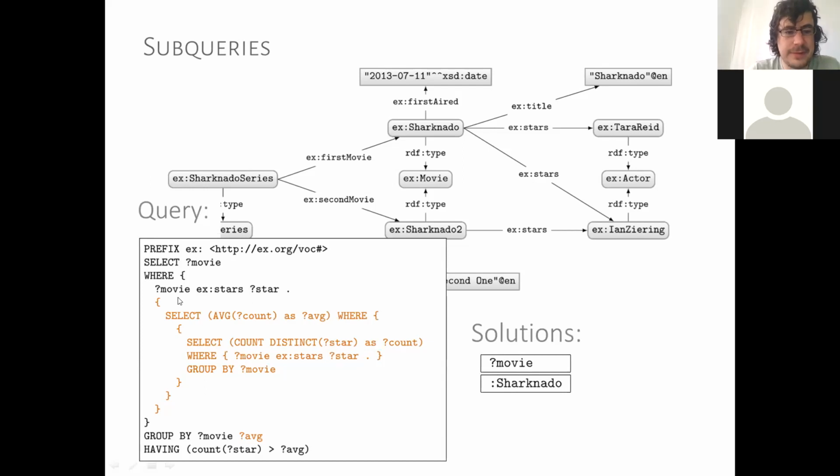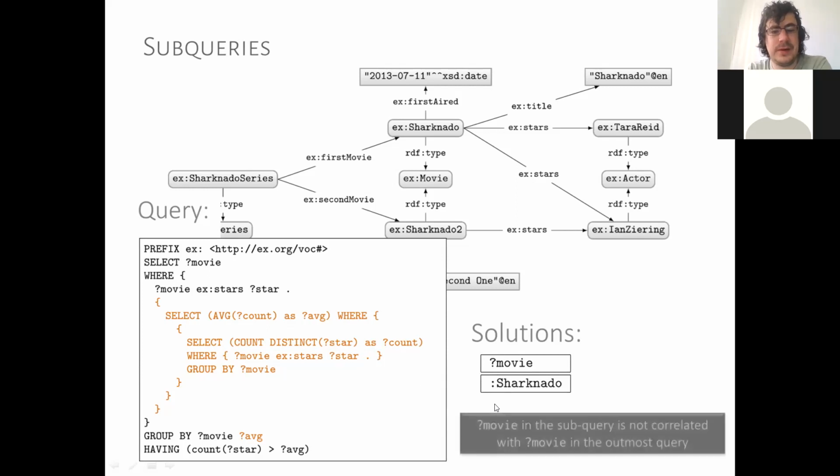So in this case, we have 3 levels of select, right? We have the inner select to count how many stars per movie, the middle select to compute the average number of stars per movie, and then the outer select to find the movies with more than average stars. Okay, so one thing to note here